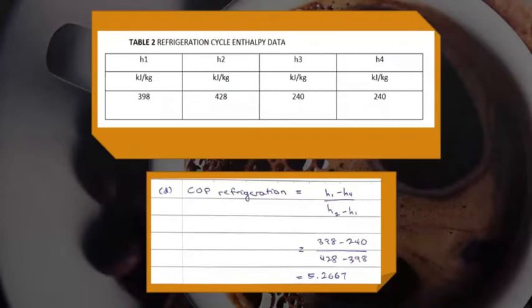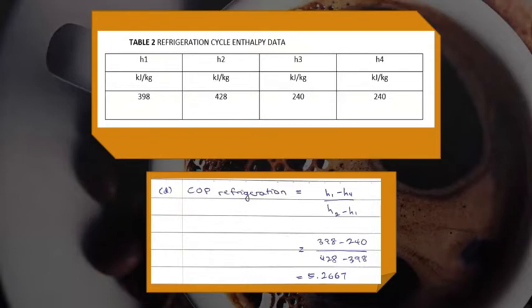So from the P-h diagram, we get the value of H1, which is 398 kilojoule per kilogram. And for H2, we get 428 kilojoule per kilogram. And for the values of H3 and H4, each will get 240 kilojoule per kilogram. So to calculate the COP refrigeration, you have to use the formula (H1 minus H4) divided by (H2 minus H1). And we get the answer, which is